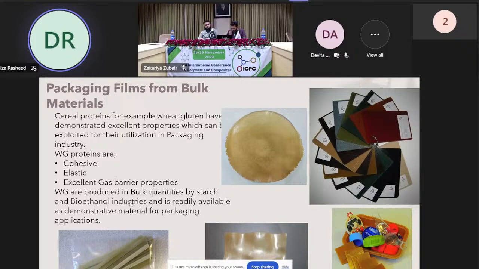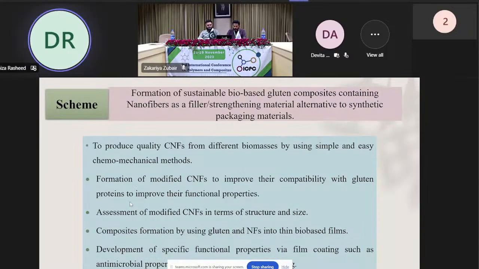And in this study, we plan to have these fillers also from renewable resources. So in this one, we have used cellulose nanofibers as the fillers. And in our studies, we like to use waste resources and we want to get some valuable products from waste.